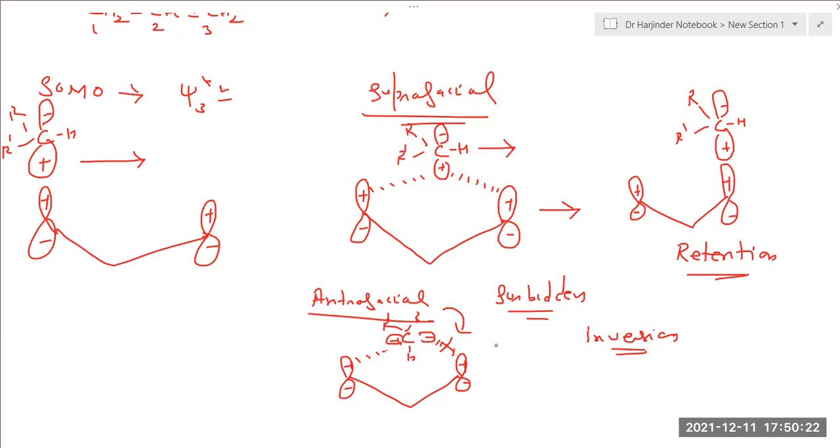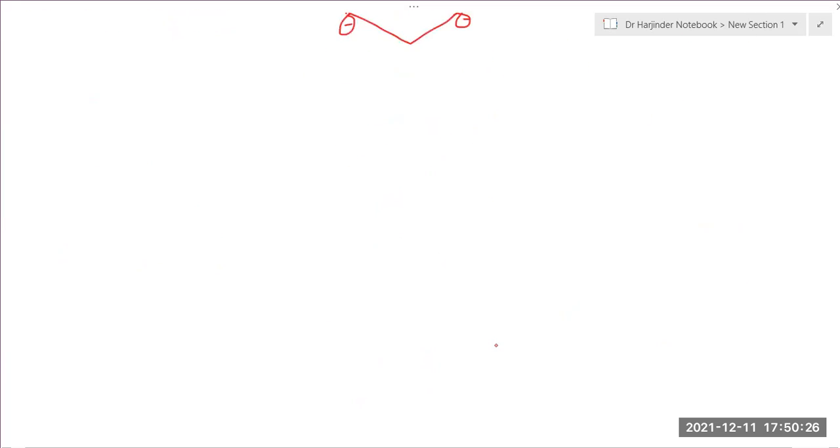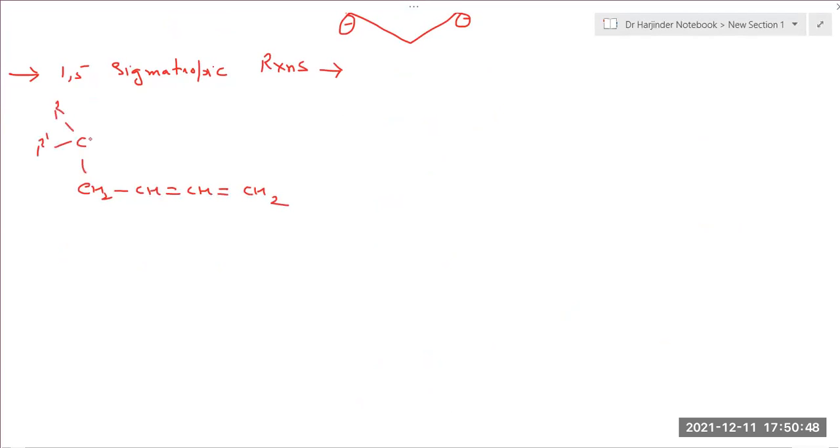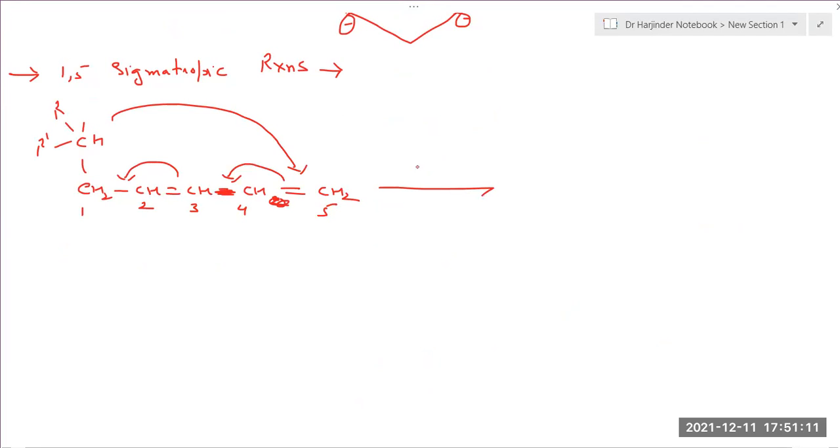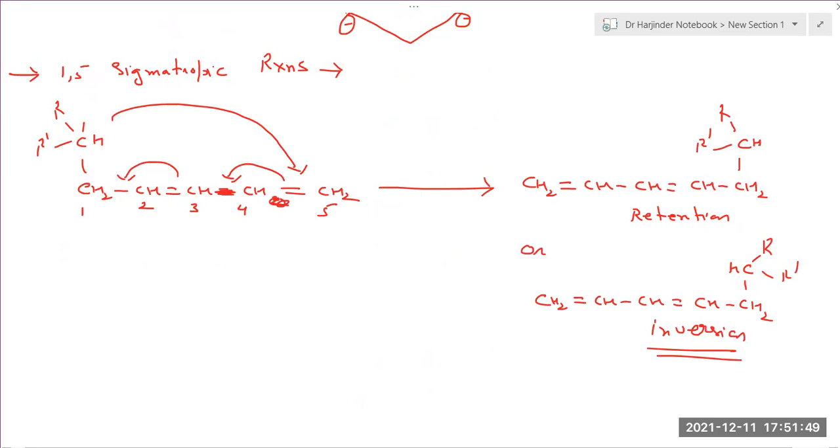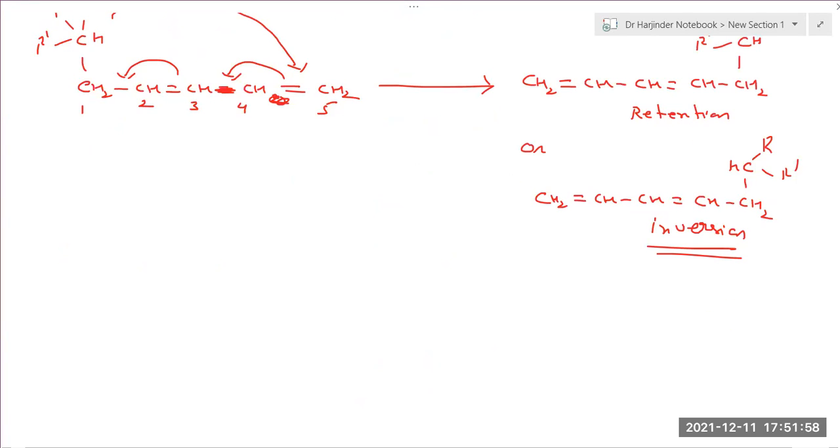So what about 1,5 sigmatropic rearrangement reactions? What will happen in that case? Here H, double bond same, and so this is 1, 2, 3, 4. Here you have a single bond. So this has to migrate over here, and this reaction can take place either with retention configuration. So this is retention. Thermal, sir, suprafacial. So under which condition is this reaction allowed? We have already seen yesterday. Thermal.